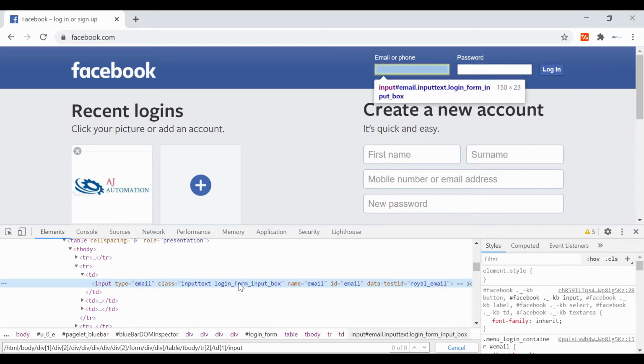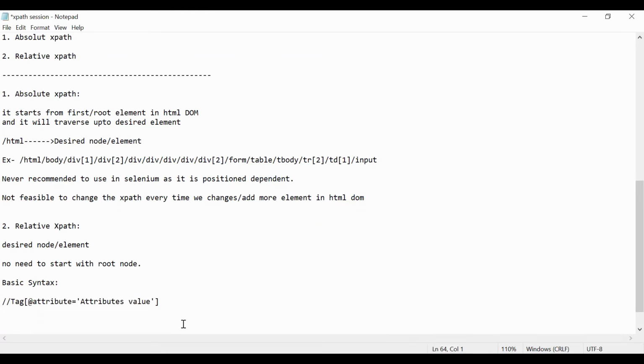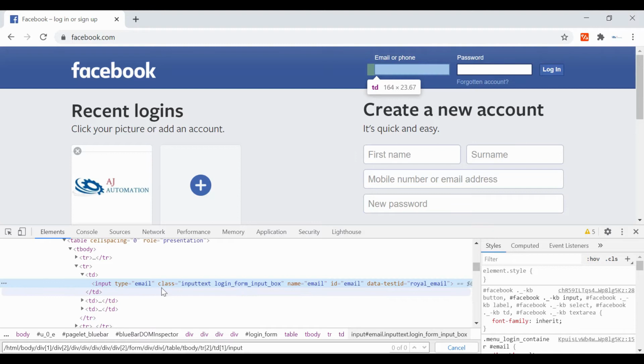So how can you create a relative XPath for this using this syntax? It is double slash input, right? It has the input tag, at the rate. You can use any of the attributes here as of now.